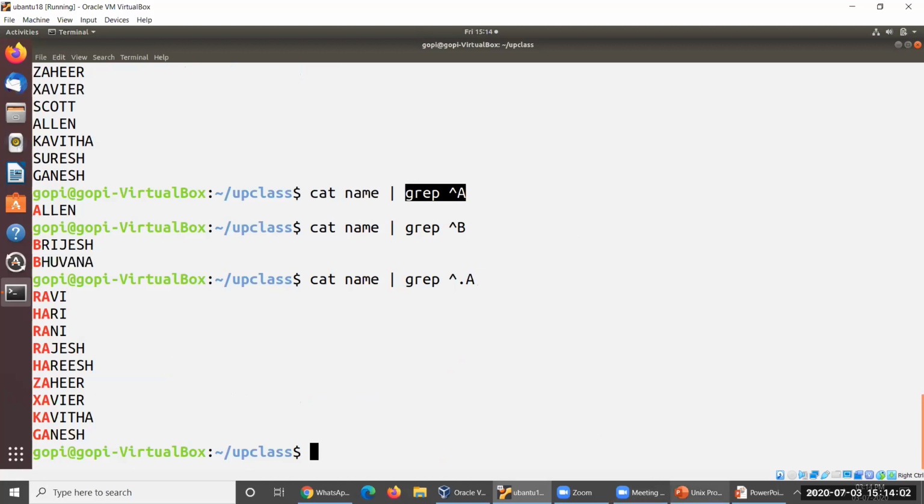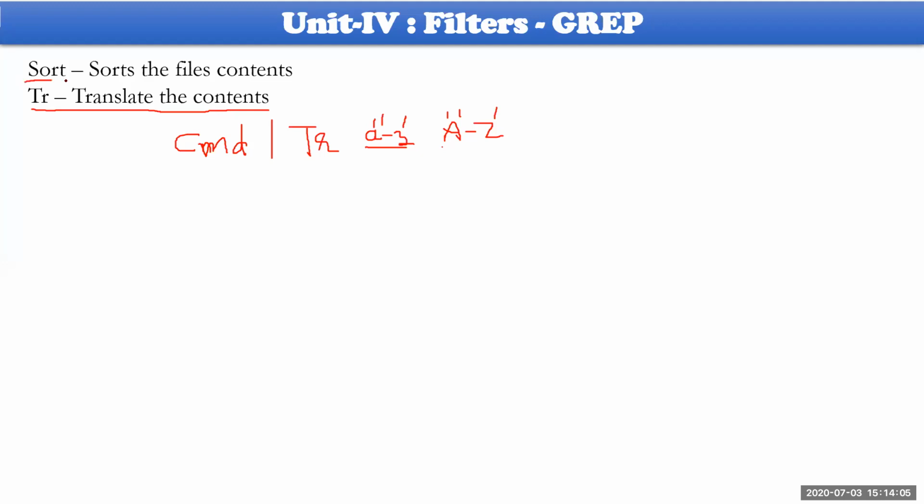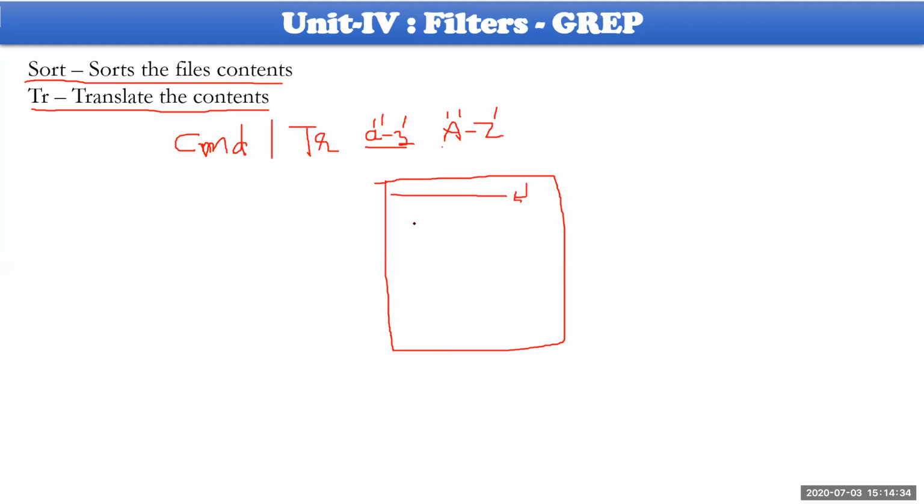Then what about sort here? The name itself indicates the sort operation, because you have already learned sorting in your data structures. Okay, in data structures, you people have operated on numbers, on arrays, or on records. But here we have to operate everything on file contents. Each and every file will be prepared something like this. Your file can be prepared something like this. One sequence of characters can be considered as one row, enter key, and then second row, enter key, and so on and so forth. In this way, your file gets prepared here.